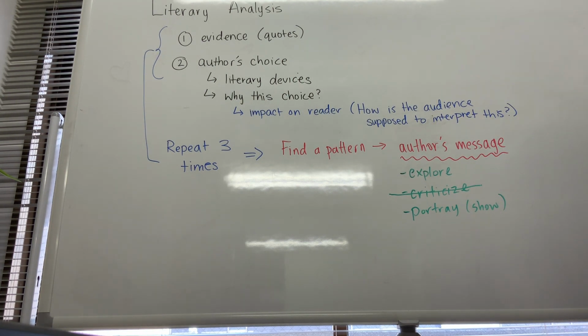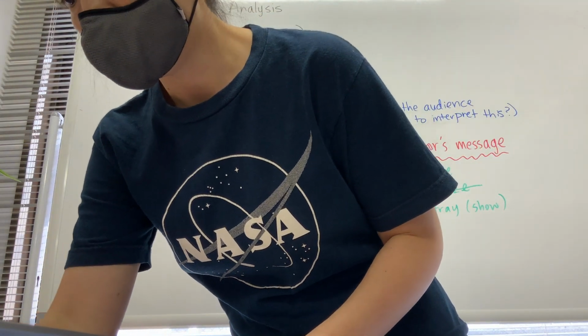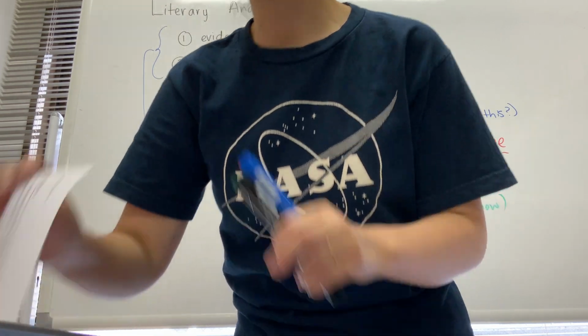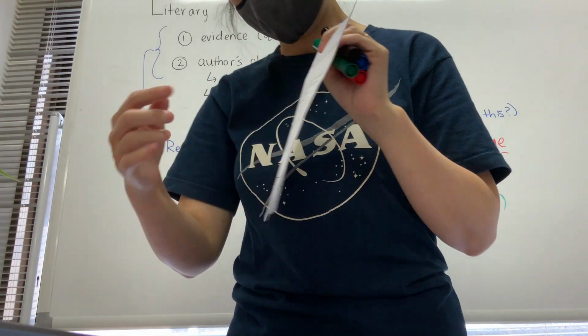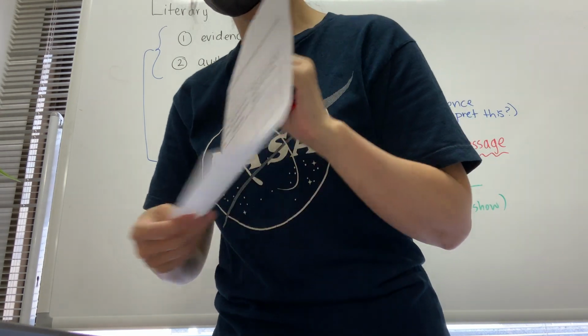Okay, I'm glad. So then what you are doing for your preparation, can you pull out the sheet, Genta, so I can see it? This one. Okay. So this has 3 boxes because you are finding 3 quotes. So you're gonna find 3 quotes, okay?